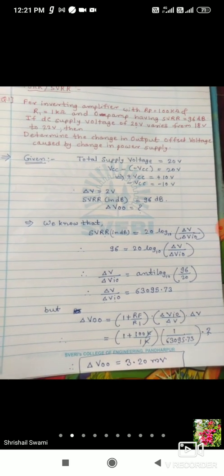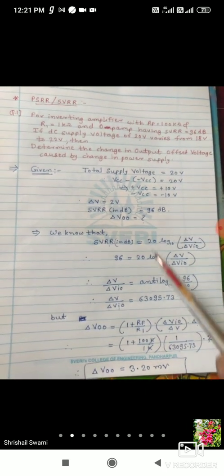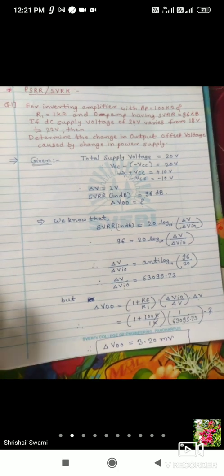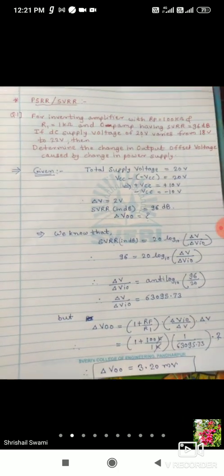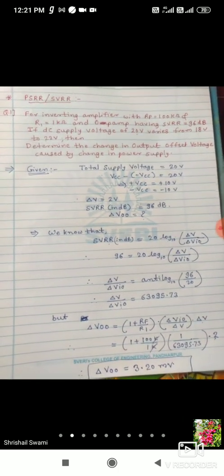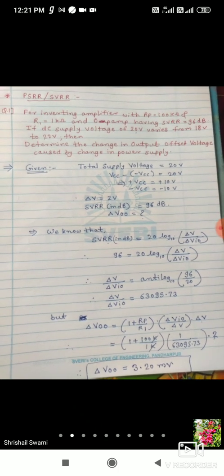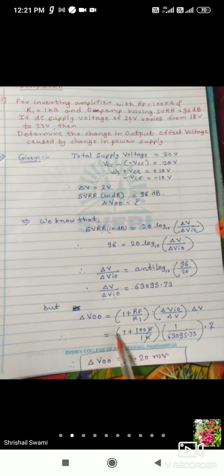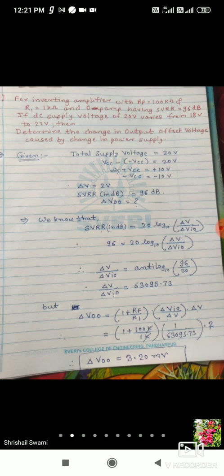जर एक्झाम तुमचं MCQ बेस झालं तर अशा टाइपचे क्वेश्चन ते विचारू शकतात. आर यू गेटिंग माय पॉइंट? So this is one of the examples based on the power supply rejection ratio, showing what will be the effect on the output offset voltage.